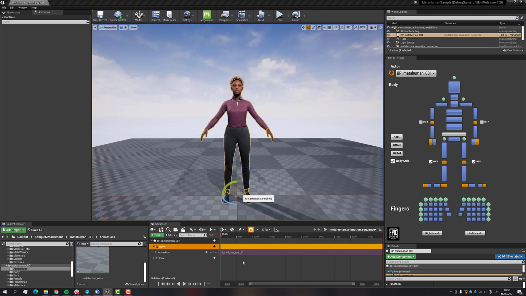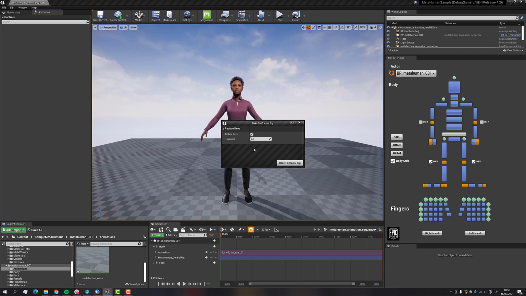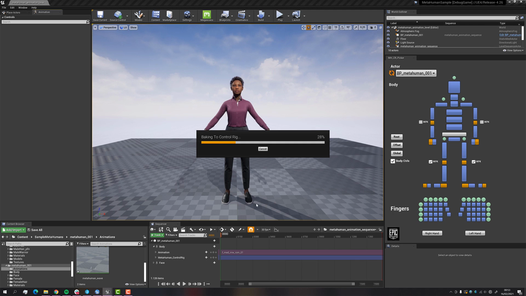You can also see how you can create multiple control rigs and just bake and invert from one to another, because we are baking on the skeleton. We are not baking on the controls themselves. We are baking on the skeleton, so we can keep using rig inversion to retarget to other control rigs.